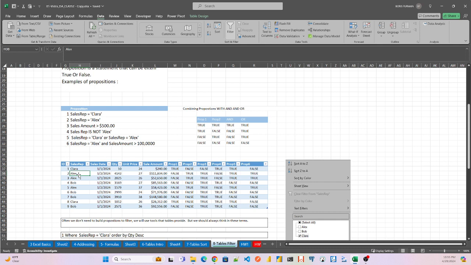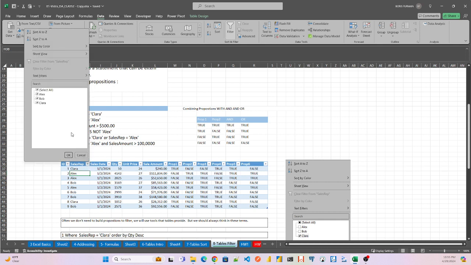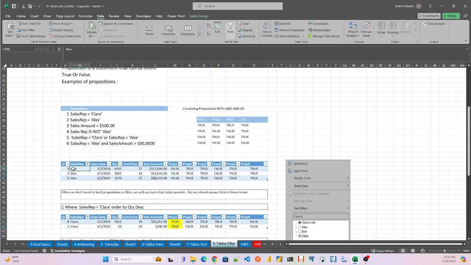If sales rep is Alex, our proposition "sales rep is Clara" is false, and we don't show that row. So the table gives us the ability to just say select Alex,